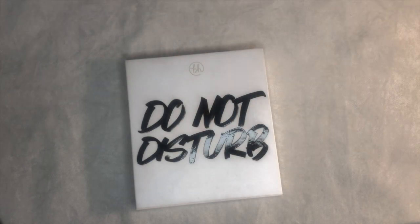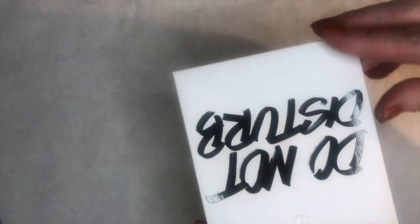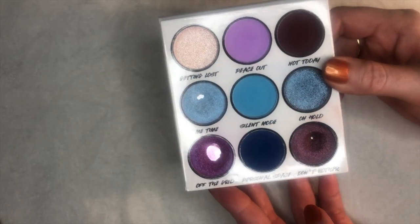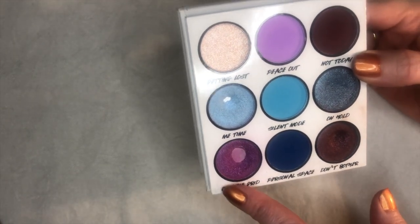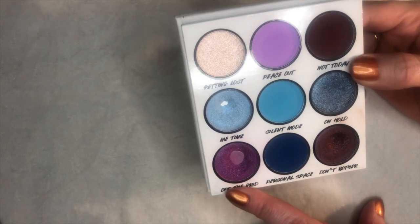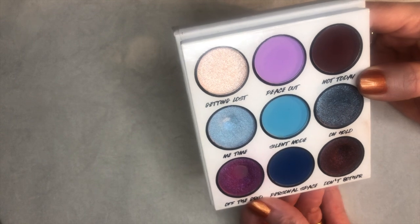I've got 7 of them. So this one here is the BH Cosmetics Do Not Disturb palette. I really love this one so much. And I've got a pan in Don't Bother, another one in Me Time, and then this huge one in Off the Grid. I tried to finish this up in Deck of Panning one year. I had the Joker. I didn't quite reach that goal, but I'm still really, really proud of this big, nice